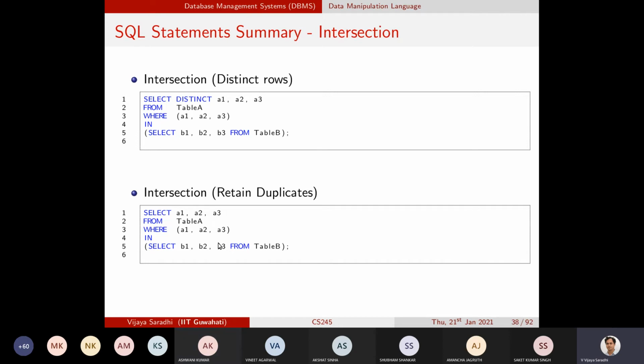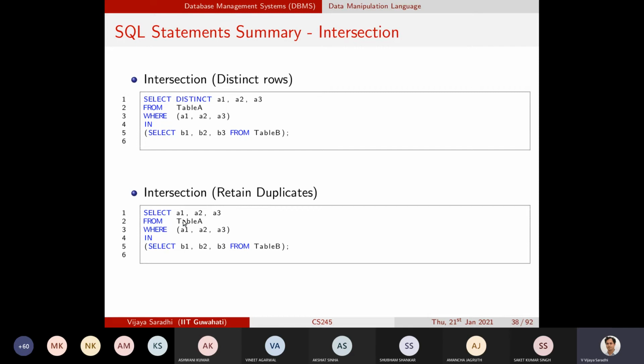Forget about intersection. The question is, is this particular select B1, B2, B3 from table B a table? Yes, it is a table. Is it a new table? It is not table B. It's no more table B. It's a new table, and this new table has 3 columns. The data types are identical to the data types of table B that is residing on the disk.